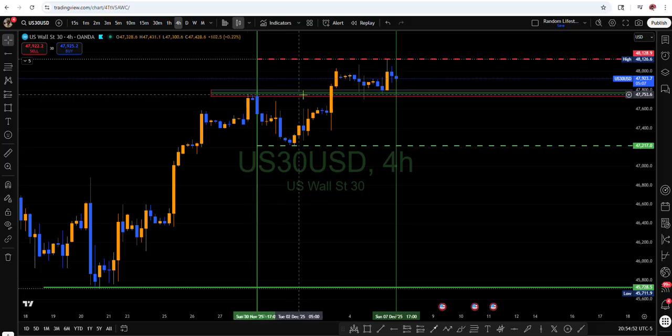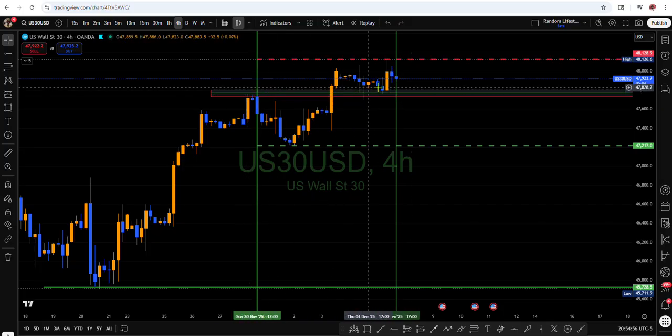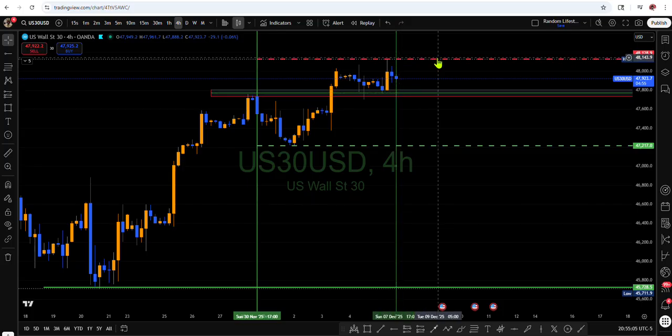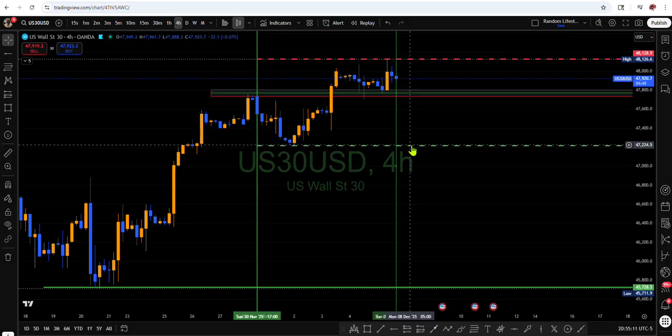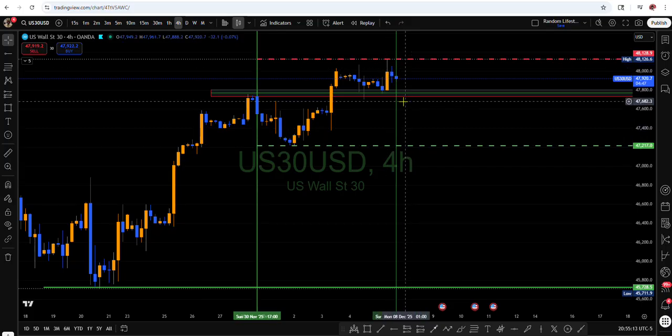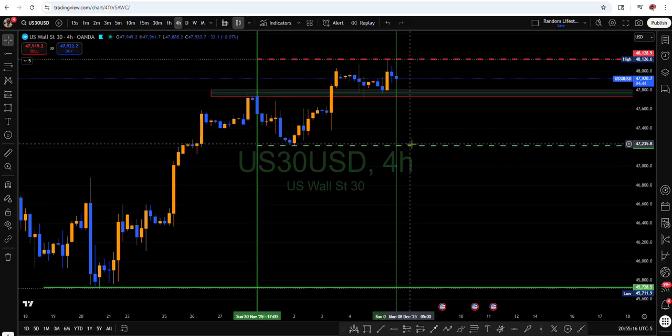As you can see, this is a resistance area, and then it started creating a support area. So now we just have to see if the market is going to come back down into this area, like I said, and still respect it and go back up to the upside, or it's going to break it and create another lower low, giving entry price down to here,